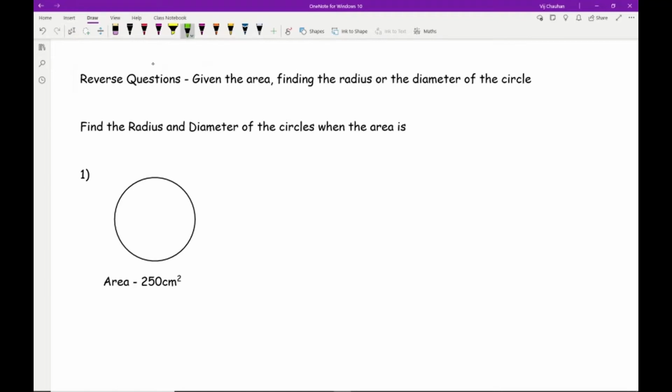So in this question 1, we know that the area is 250. As I know the area, the area equals pi times r squared. So if I substitute the numbers in, a equals 250 and r is what I'm looking for. So what we need to do is find r first. I've got pi times r squared equals 250. Now pi is just a number, and I want to get r by itself, so the first thing I need to do is divide by pi. So I've got r squared equals